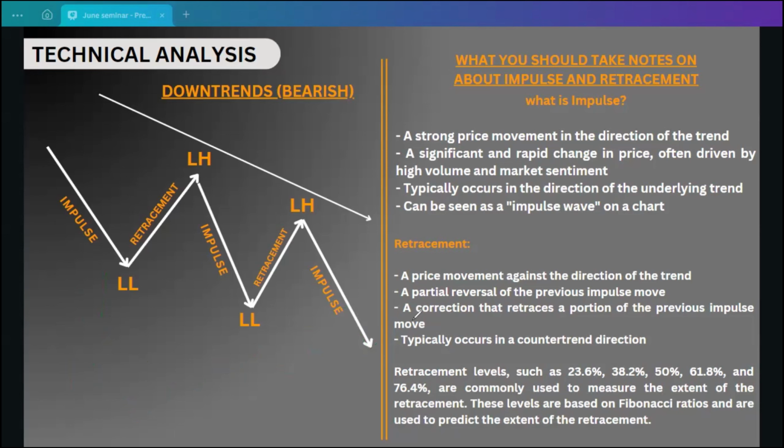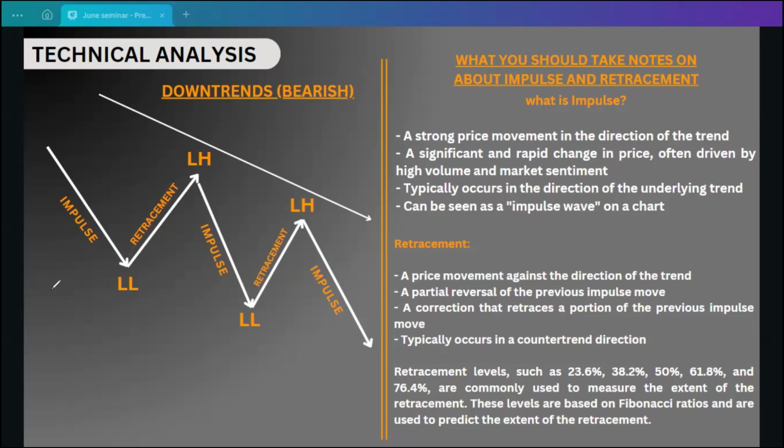In a downtrend, an impulse typically occurs as a counter trend, so it is going against the exact trend. This is a downtrending market, right? So a retracement is going against the exact market movement, countering the exact direction of the market to a sustainable and affordable level, correcting to that price and dipping. So there's what they call retracement levels. I'm not going to go into that, but